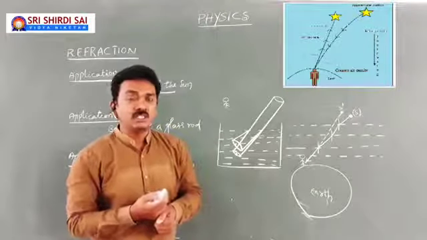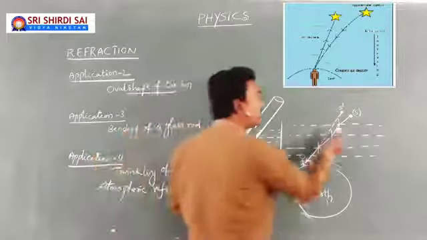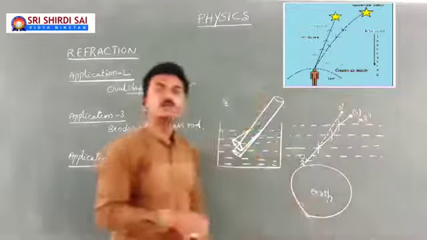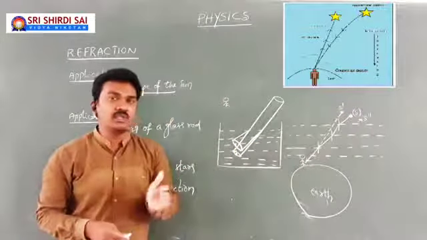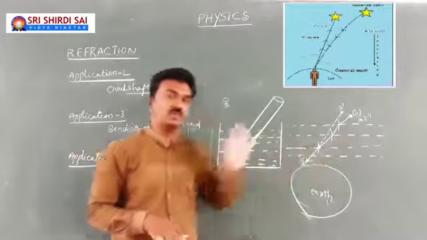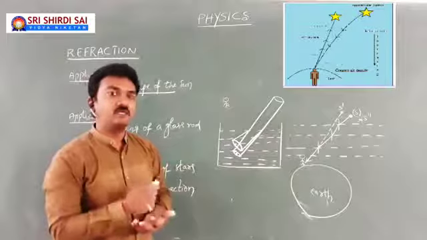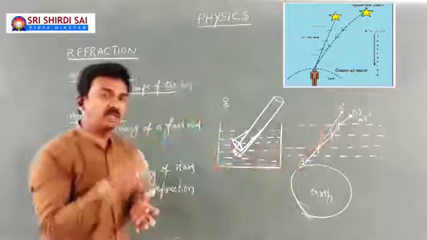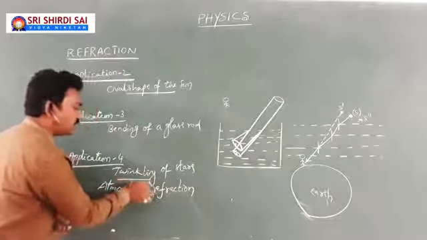atmospheric density changes continuously. That's the reason why at one moment, if the observer finds the virtual image of the star here, at another moment he may find the virtual image of the star here. In that way, the virtual image of the star that is seen by the observer even changes continuously. Of course, everything is because of atmospheric refraction, multiple refractions of light while traveling through the atmosphere. That is the reason why the star position appears to be changing continuously for the observer. It appears to be changing continuously. That we call twinkling of stars.